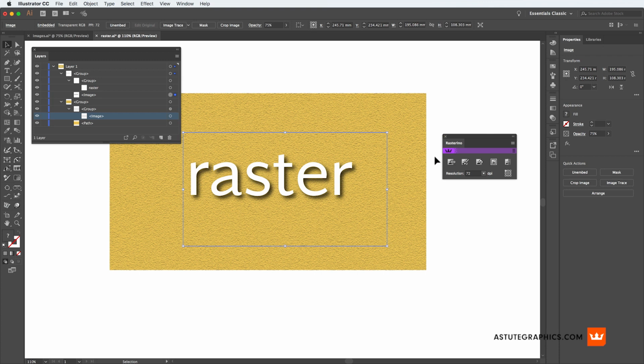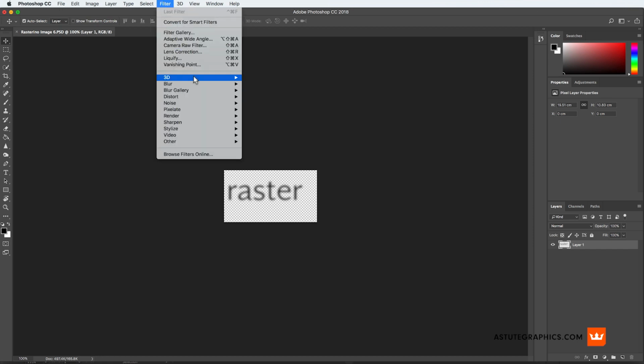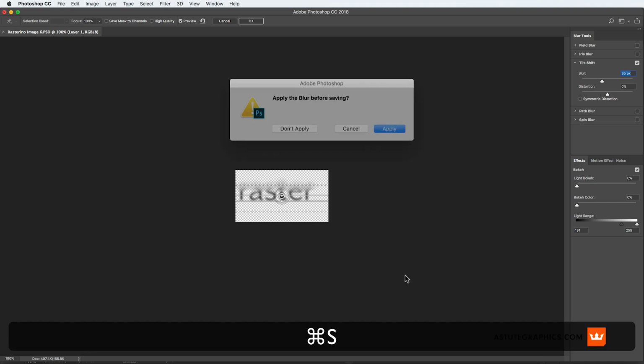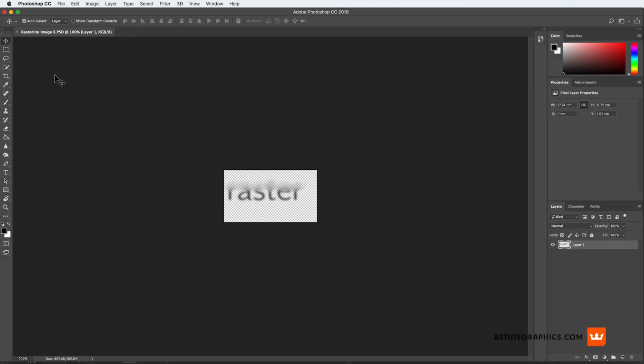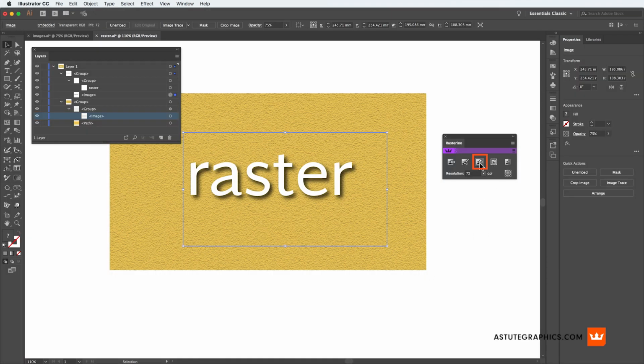So this is when we will use our Rasterino plugin. With one of the raster effects selected, I'm just going to meatball it. We then use our Rasterino panel and press Edit Image. This will open it up in Photoshop and you can then edit it. So I'm just going to apply something we can see really easily. Let's do a tilt shift, bring that down, maybe blur it a bit more. Okay, so it's quite extreme, but just so you can see it, press Save, apply the blur, yes please, and we can exit that. And then again, it doesn't update straight away, that's because we need to tell it. So press the Update button and you can see that's updated that effect.